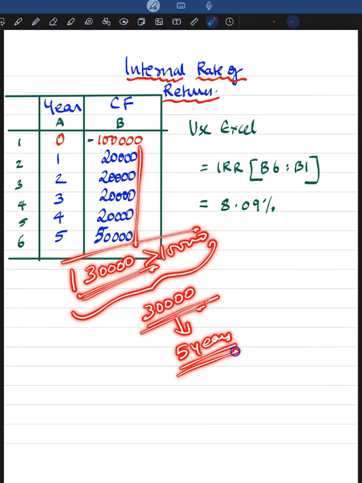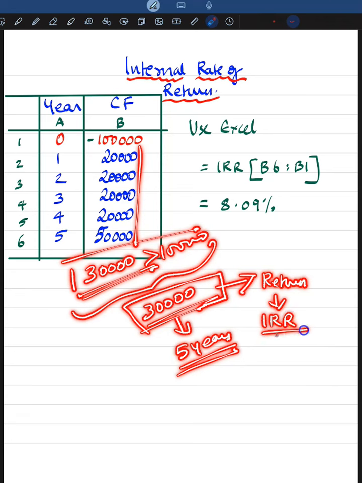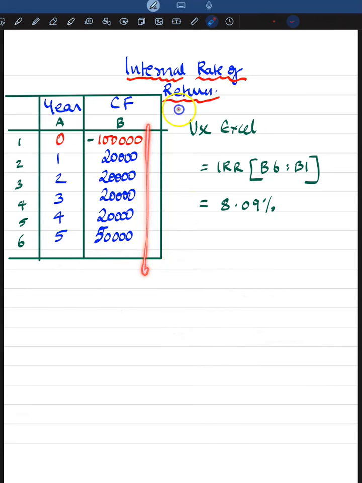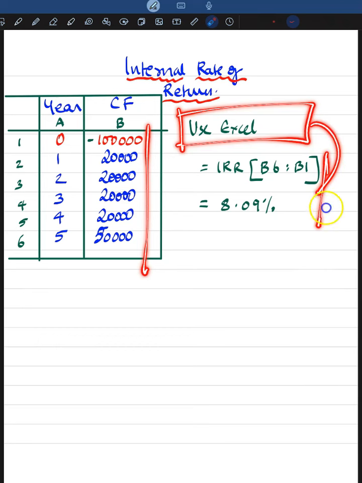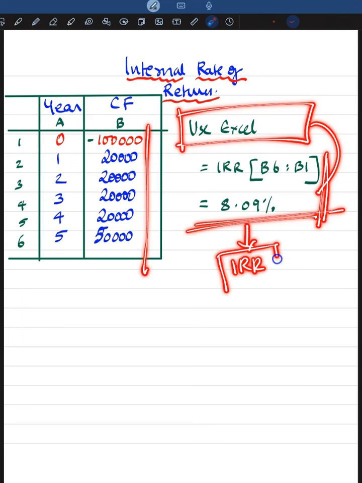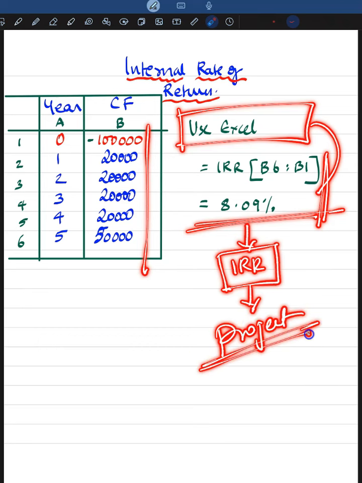In the first 4 years, it was a common amount, and in the 5th year, it was a slightly higher amount. So by factoring all these timing elements, the pattern of cash, and then calculating the actual return that is generated, we get what is known as internal rate of return. And this formula tells us this project has actually generated 8.09% as internal rate of return, and this is the return for the project as a whole. Yes, look at here. This is the return for the project as a whole.